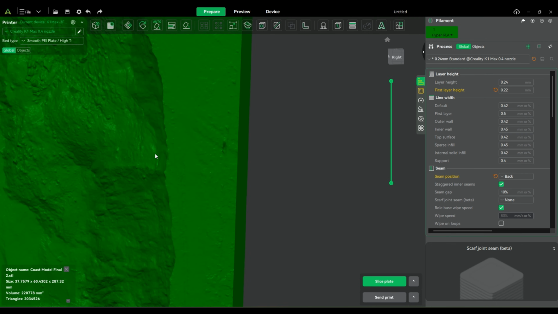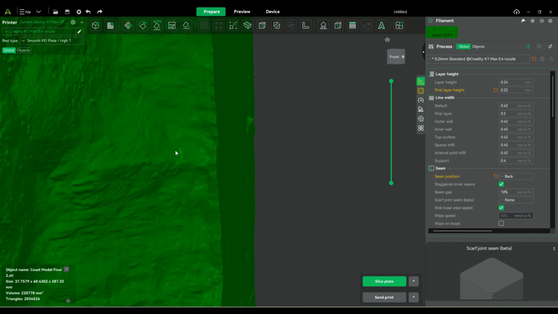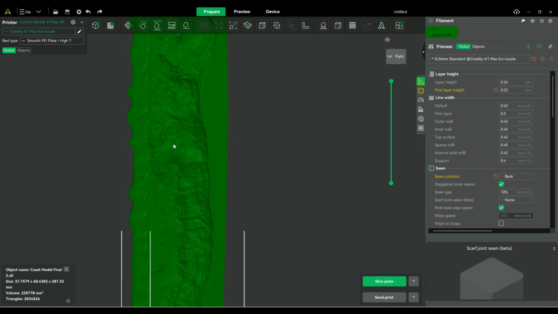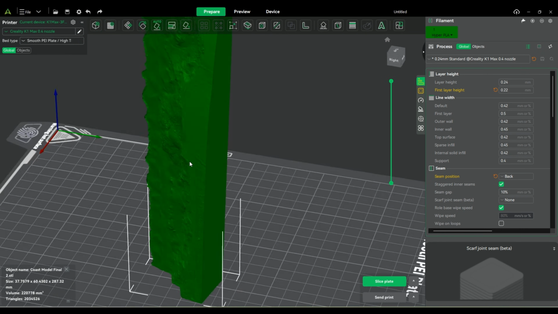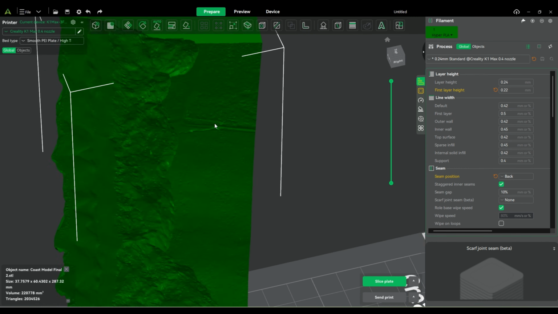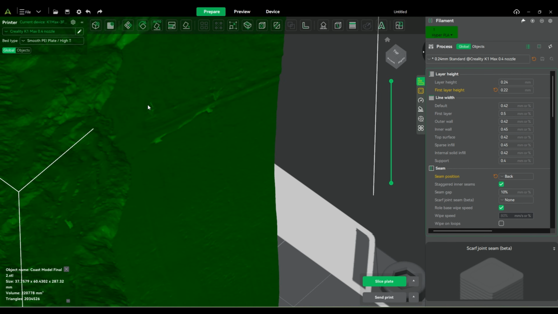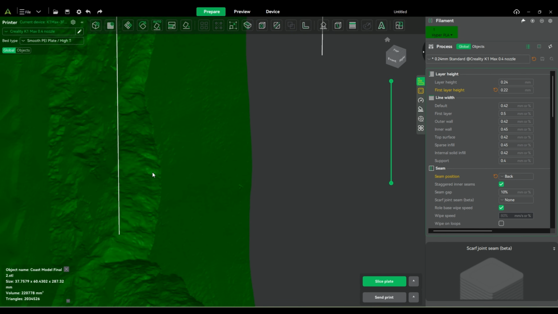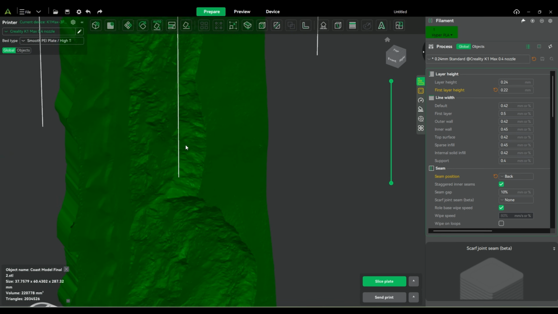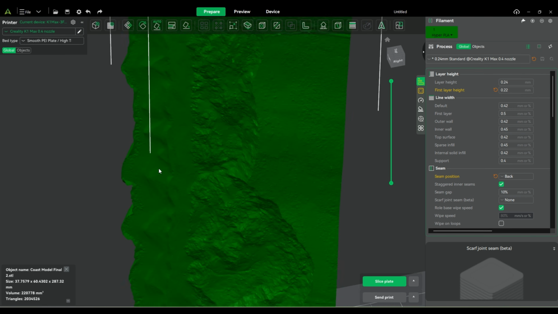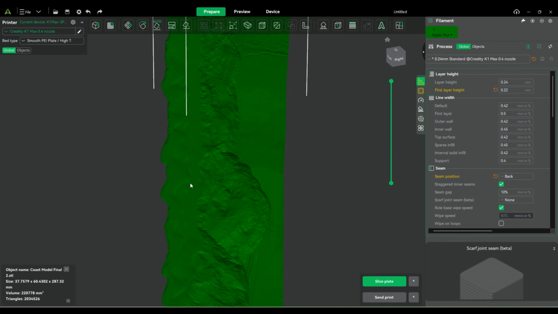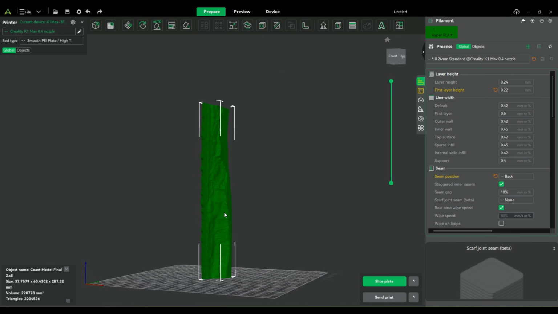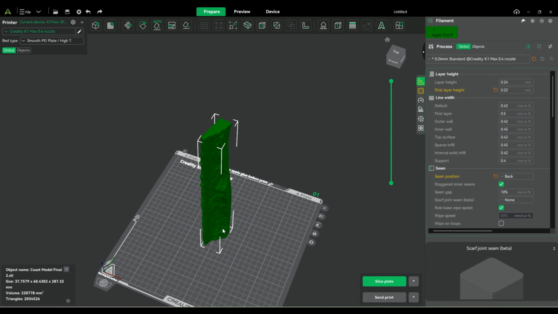I mean, it's a high resolution model. It's a good looking model. Yes, is it perfect? Not really. Obviously we've got some blobs and things over here that I'm not too pleased about and probably aren't going to print too well. But for all intents and purposes, this is a really cool looking model. And if you look at the beach, it looks so cool. I'm almost at a loss for words, to be honest with you, just by looking at it,